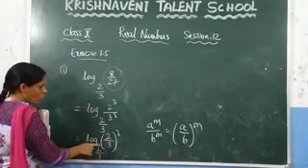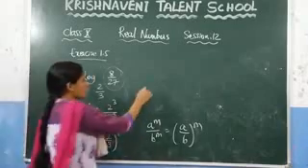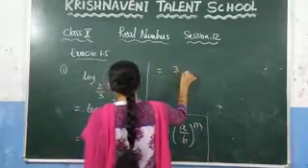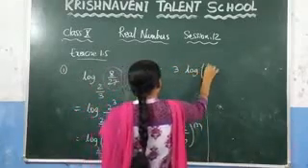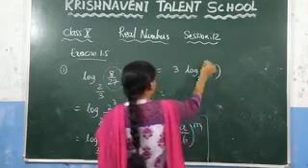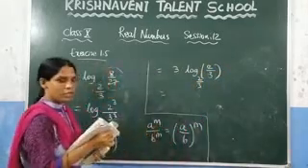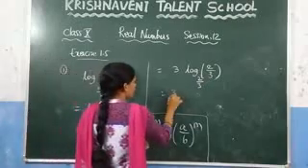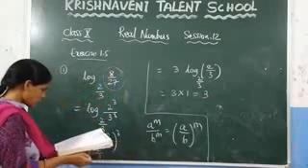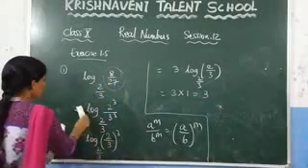Again, it is in the form of log x power m. You can write this one as m log x. So after writing that, you will get 3 log 2 by 3 to the base 2 by 3. Similarly, here you know that this value is 1 because log a to the base a is 1. You will get 3 into 1, which is 3. Now, see the last problem in the first question.